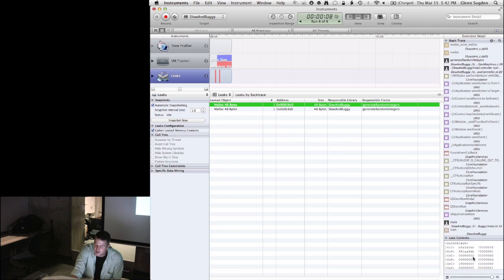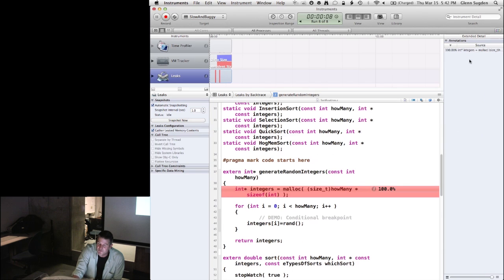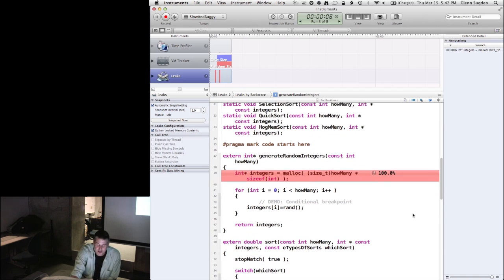If you want to look at it, you can look at it as string data and things like that. It might give you a better clue as to where it's coming from if you don't see the frame in the library that's responsible for it. But if we take a look at the library, there's a little utility routine that I wrote called generate random integers that just allocates memory for a certain size integer, and that's what we put in that text field, and then fills it full of random integers and returns it. But nobody's responsible for